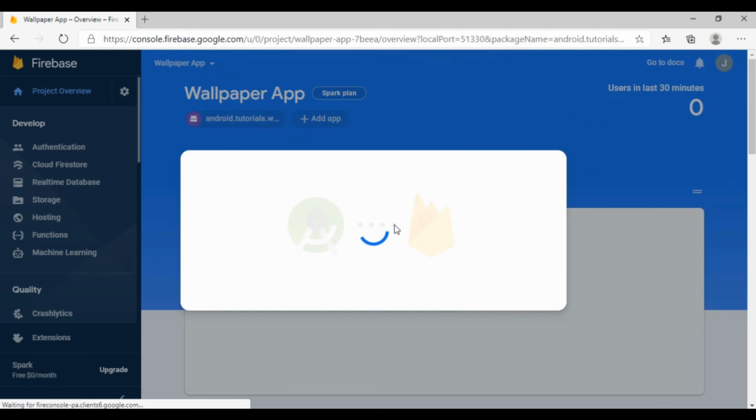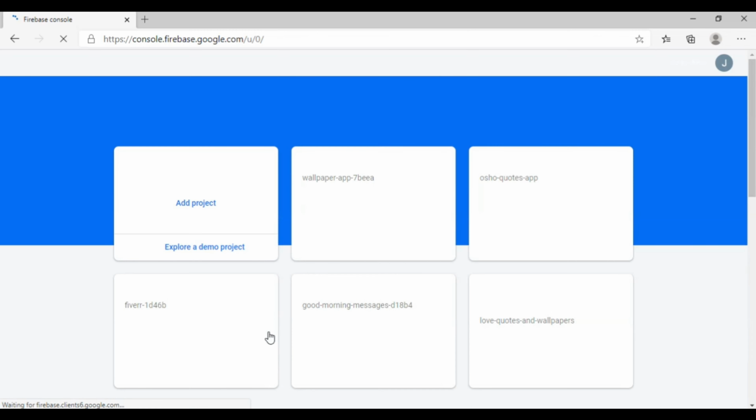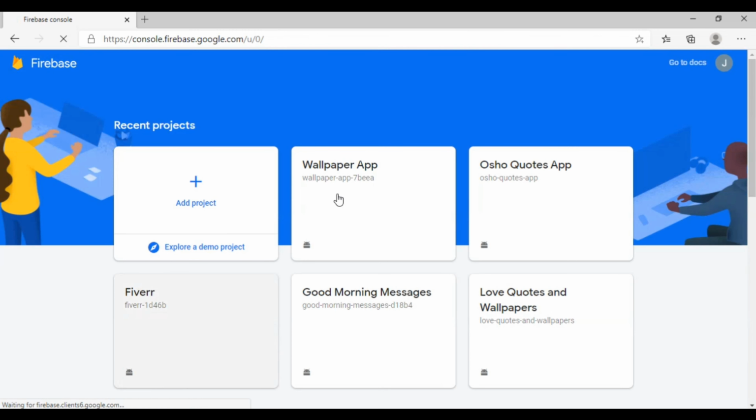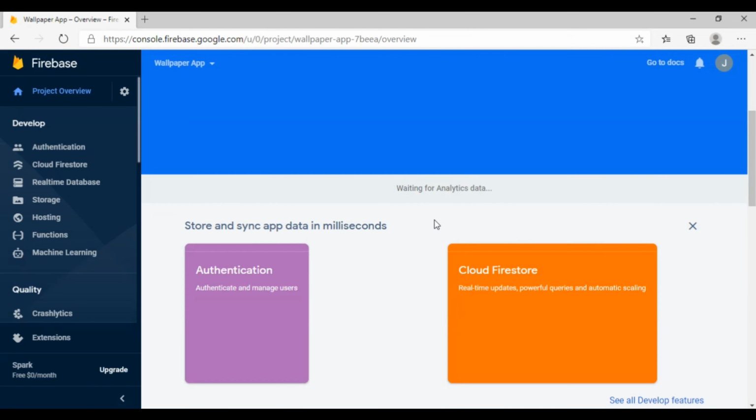Now here we are again going to use this Firebase console so that we can add that analytics and all that things. So you can see here is our project. I had just opened it and we will see some results after here.